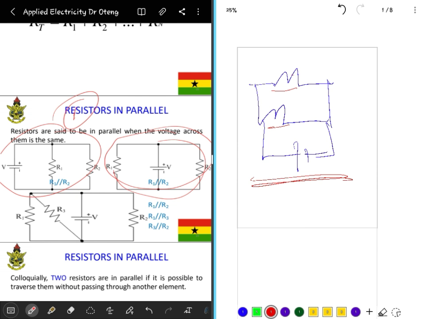So if they are in parallel, the feature of resistors in parallel, or any element in the circuit in parallel, is that you can move across them without passing through any other element. So if I start from, let's say, here, let's say this is 1 2 3 4. I can move from 1 to 2 to 3 to 4, and then 4 back to 1, without passing through any other element aside from the resistors themselves, so we say they are parallel, right? Yeah. And when you can pass through them like this and you don't pass through any other element aside these two resistors,